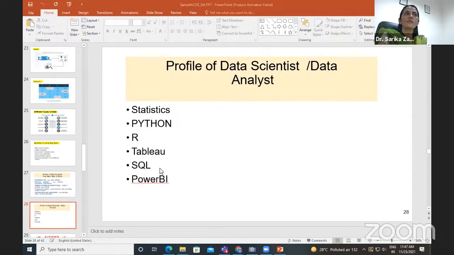Then SQL, you have already studied in third year, just try to refine the concepts of structured SQL and PL/SQL both. Then Power BI is also one of the tools industries are using nowadays. Along with this, I missed out one thing, advanced Excel also. Most of the students, even computer students, don't know Excel in detail. Excel is very powerful. Even today, maximum companies are working on advanced Excel. So please concentrate on this.